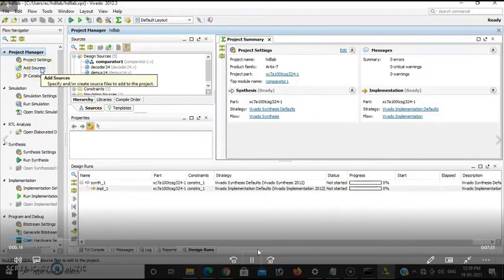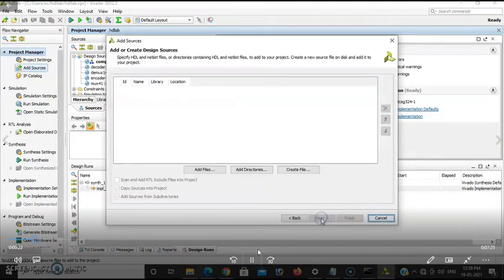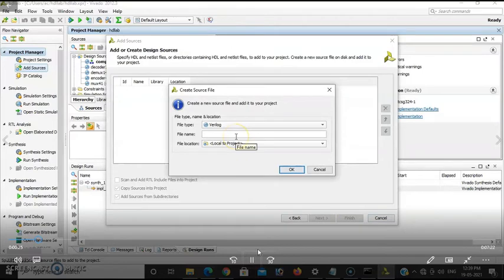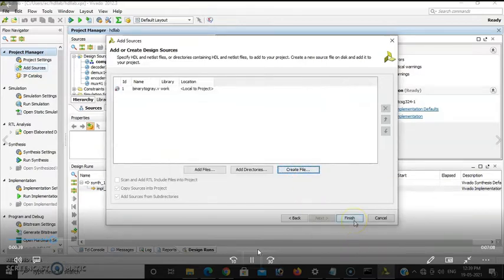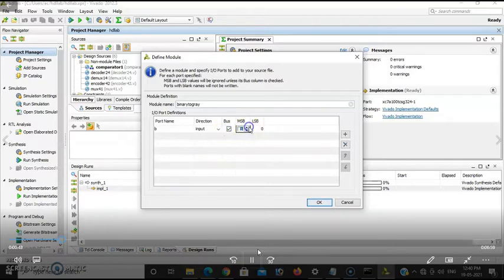So let us open the folder, then let's go for add source. So here I need to add the source, whichever code converter you are doing. So first let us implement the conversion of binary to gray. Binary to gray converter. So the file name is given binary to gray, and then we can discuss gray to binary. So here we are taking 4-bit binary to 4-bit gray. So hence inputs are 4, outputs are 4.